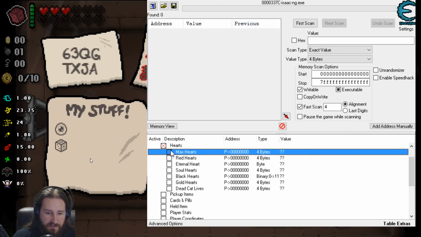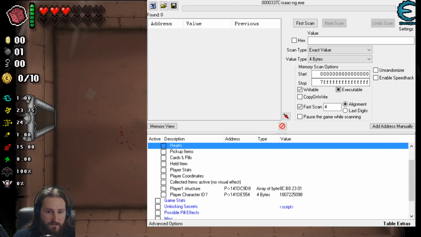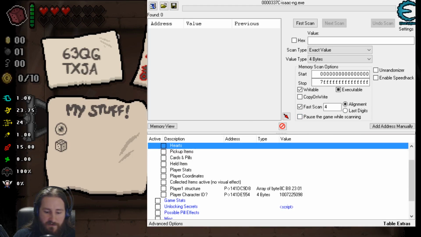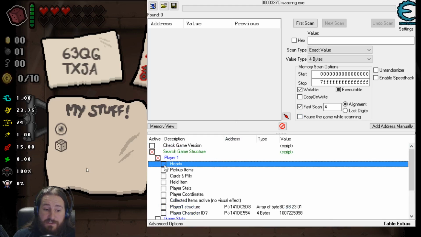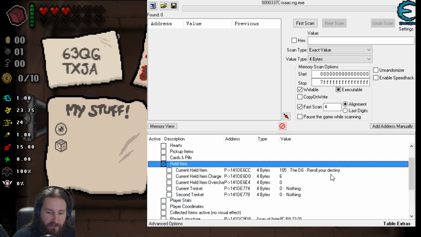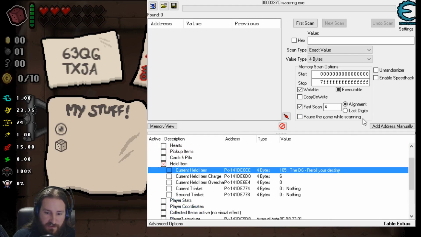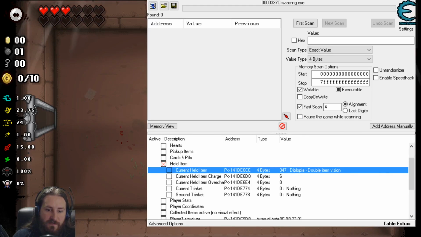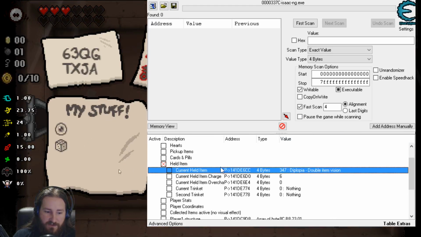Interesting. Let's say we didn't want that. Well, those can't go away in the middle of a run. Interesting. I'm learning things too. Now let's say we have our held item, but we don't want it to be the D6. We want it to be, I think Diplopia is 347. I don't remember. Diplopia 347. Okay, boom. All of a sudden, hey look, it's Diplopia 347. Well, that's interesting. Now, if we click this so that it's current,